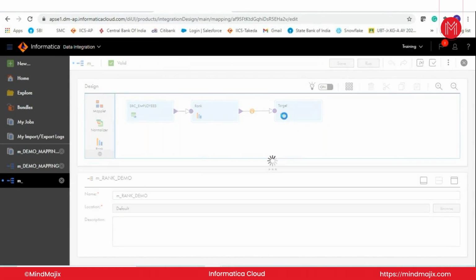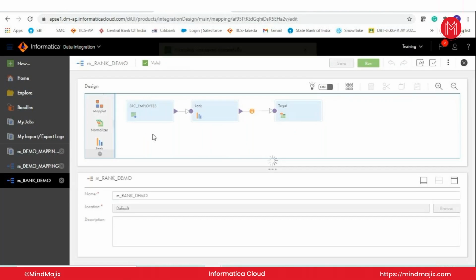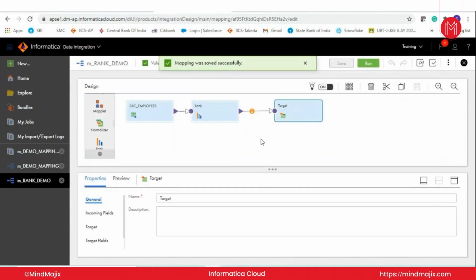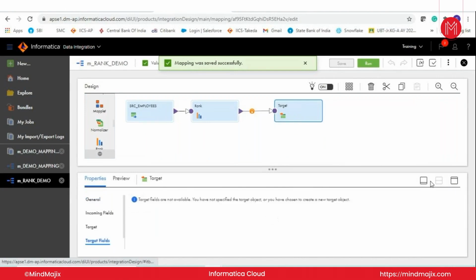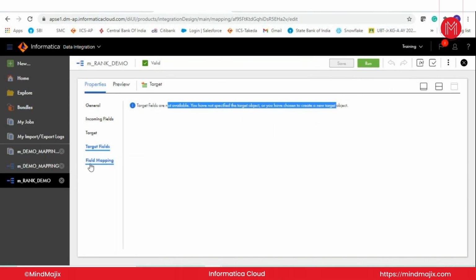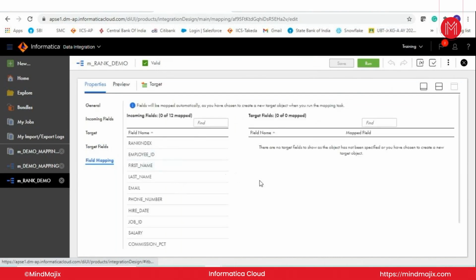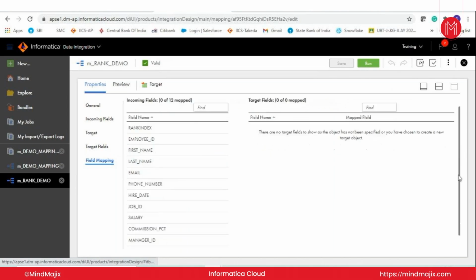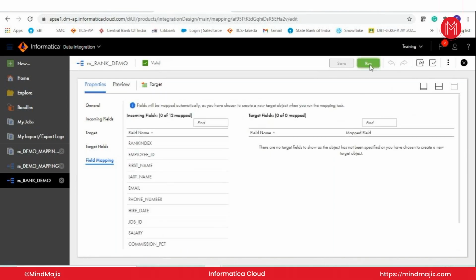And then as this is going to be the table created on the fly, I don't have to map the fields also. If I go to target fields, it says not available. You have specified target or chosen to create new at runtime. Field mappings need not be done. I don't have to do that. If I run this mapping,